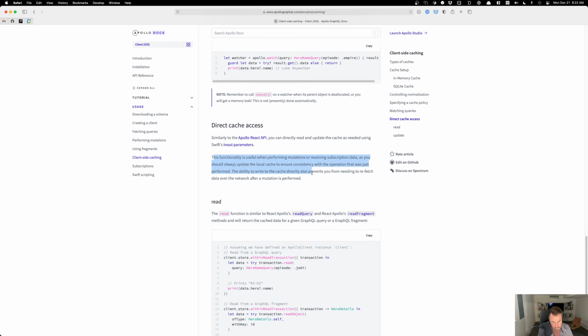And you'll see it says, this functionality is useful when performing mutations or receiving subscription data. You should always update the local cache to ensure consistency with the operation that was just performed. Ability to write to the cache directly also prevents you from needing to refetch data over the network after a mutation is performed. So this is exactly what we want to do, right? If you update the watch list, whether you're adding or deleting, you don't want to have to refetch the entire set of things